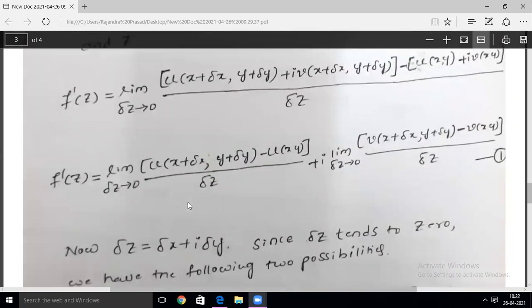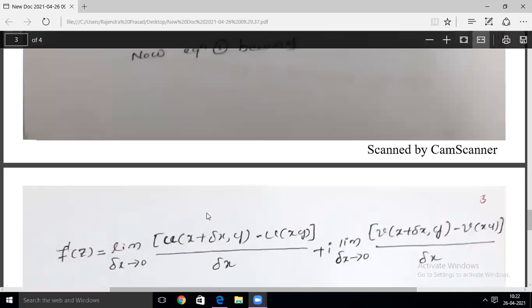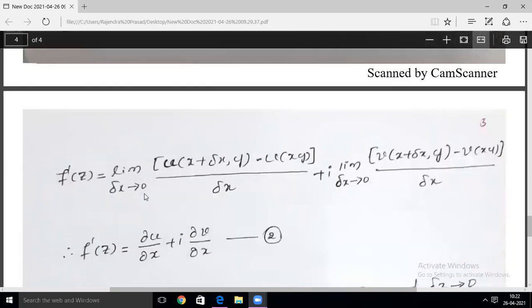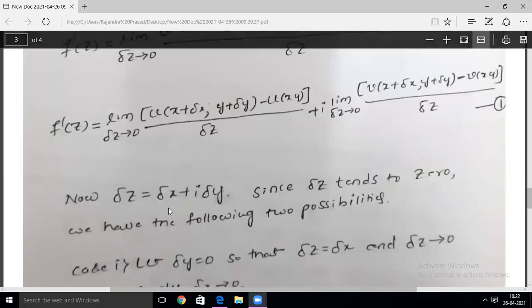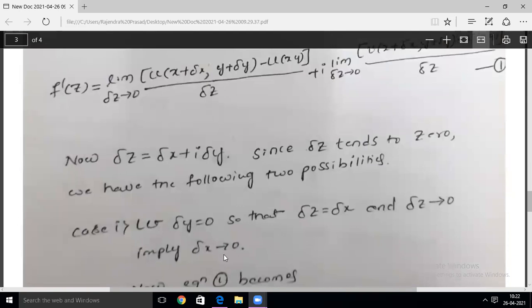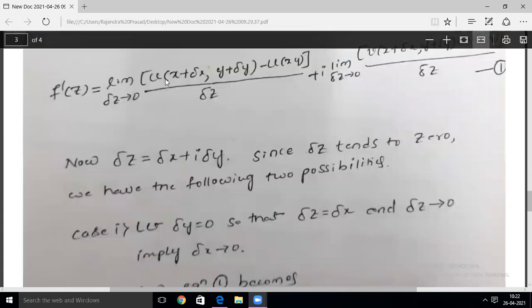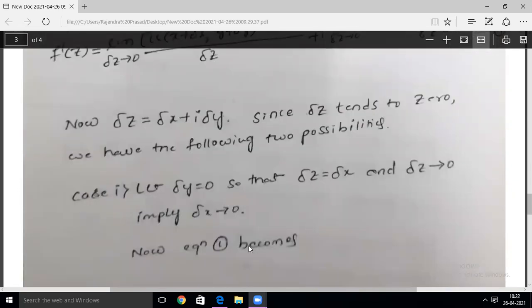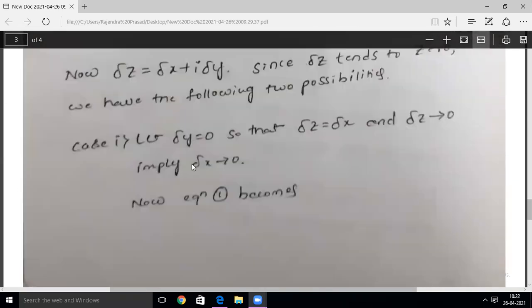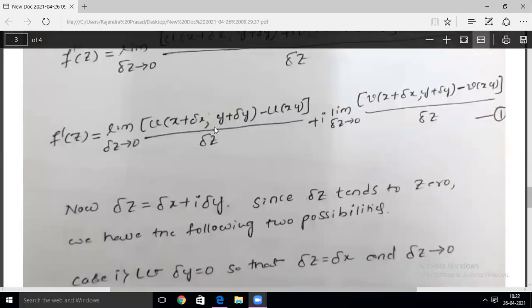So observe carefully here, delta z is equal to delta x. So in the limit, instead of delta z tends to 0, we can write here delta x tends to 0. u of x plus delta x, we know that delta x tends to 0. Here u of x plus delta x we keep as it is, y